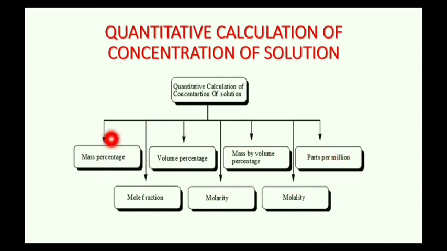First method is mass percentage, volume percentage, mass by volume percentage, parts per million, mole fraction, molarity and molality. So these methods all can be used to calculate the concentration of a particular solution. So out of these methods, let us first focus on the first method, that is